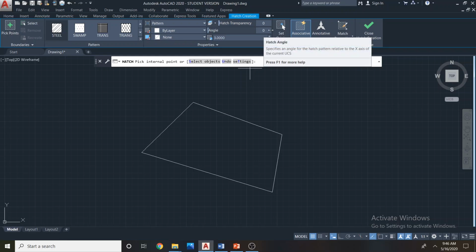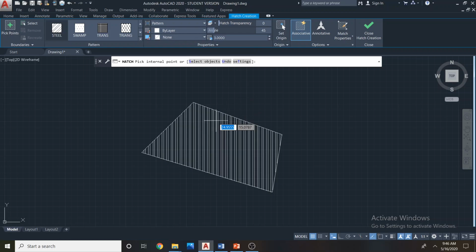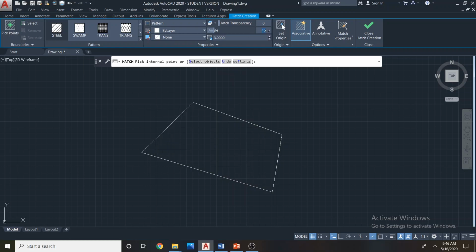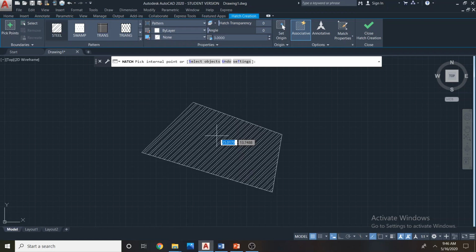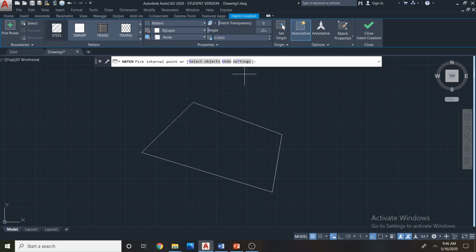This is with respect to the hatch angle. Define hatch angle, default hatch angle. Now if you just give it a 45 here, 45, then this steel hatch angle with respect to east is 90 degrees. So you understand, I hope you understand the concept. Default angle with respect to east is 45, but here it says 0, and we have the hatch